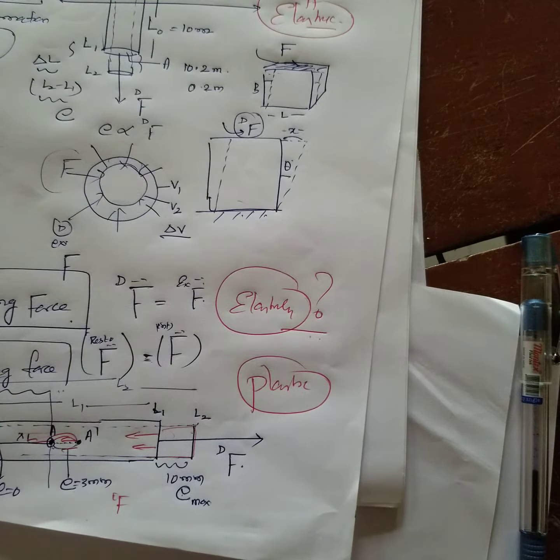See now, before starting, I have just gone through everything. In the examination, see how to prepare the notes. Notes are like this. Take a screenshot if you want. See, the deforming force is the external force. That external force makes the body change the position of its molecules. Then again, after the deforming force is removed, the body comes back to its original shape and size. Then you say the body is elastic. Why is it coming back? Because of restoring force or elastic force or internal force.